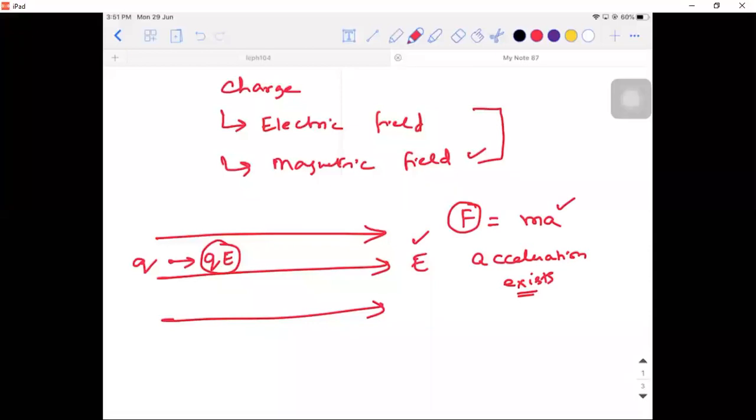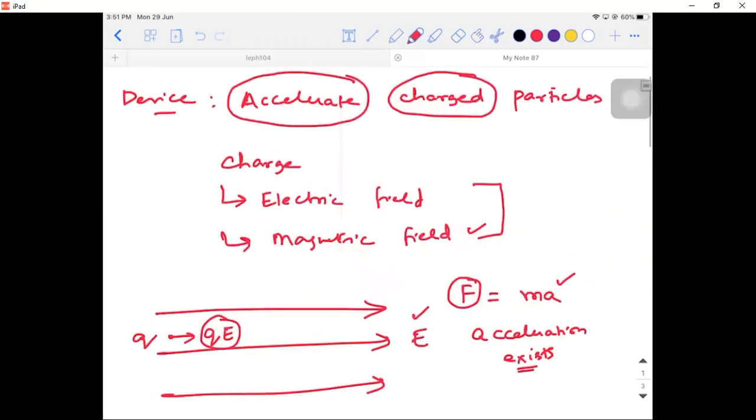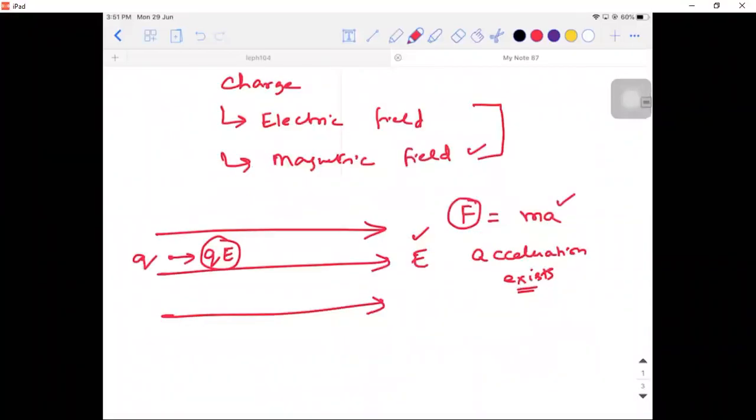But whereas when we talk about a cyclotron, we are taking the help of both electric field and magnetic field. Am I right? So here what I'm trying to say is we are planning to accelerate the charged particles. If I place a charged particle in the electric field, yes, it is going to accelerate because it is going to experience a force. I'm happy with this itself. Then why do I need to use a magnetic field? That's important. So higher energies. How do you know higher energy? What proof do you have?